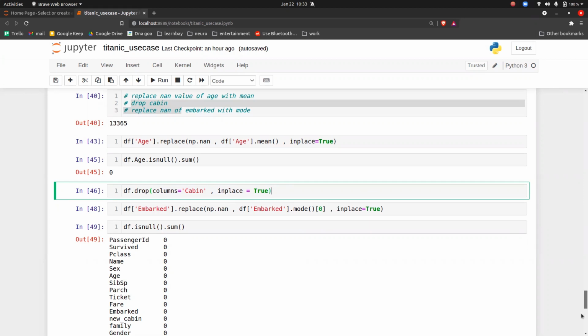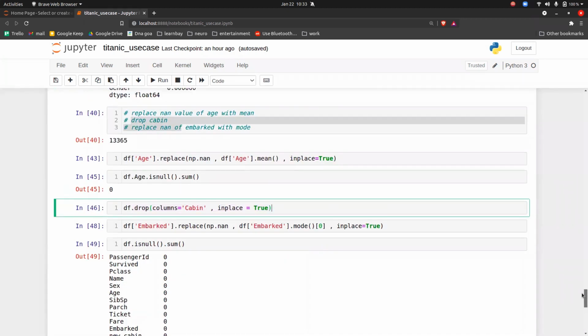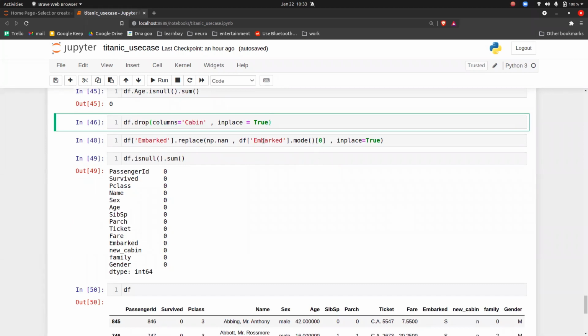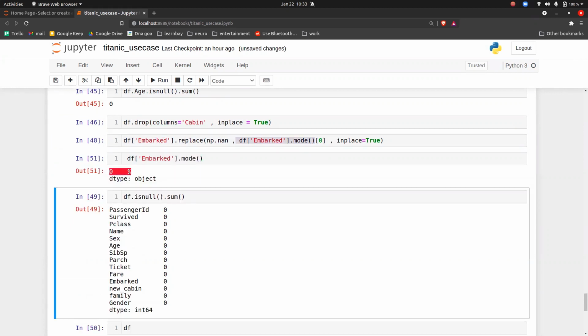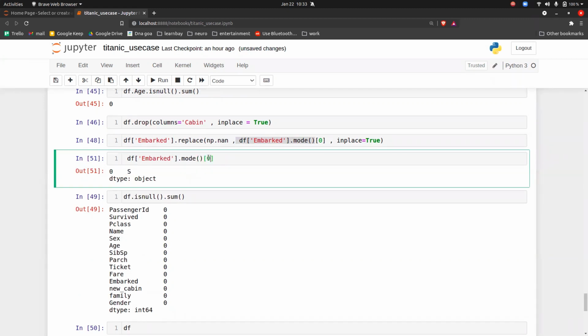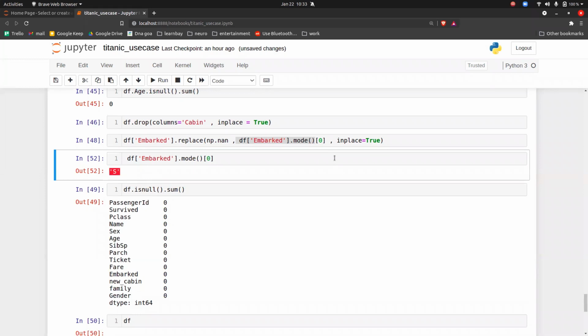And what is this mode of 0? Why did you put 0? See, if you execute just mode, you're getting the answer as a series. But I want the answer as a proper string value. So with mode of 0, I'm doing the slice indexing part here. When you do mode of 0, you will get the first value as a string, and that I'm putting in. Got it? Your kernel is dying. I don't know why that is happening, but try to execute everything in one cell and try to do it, Sachin.